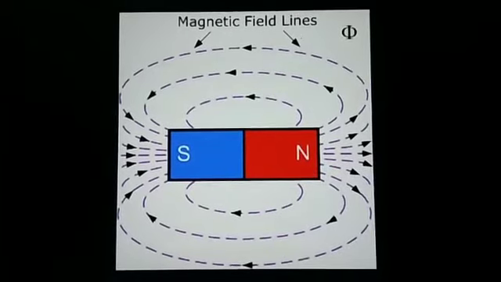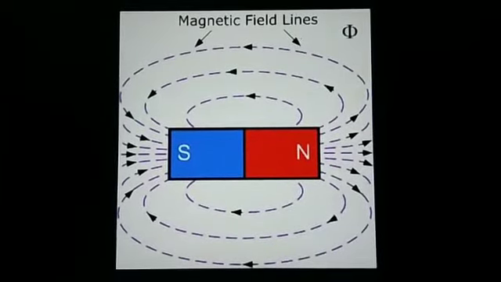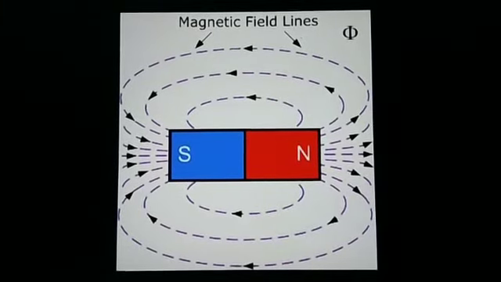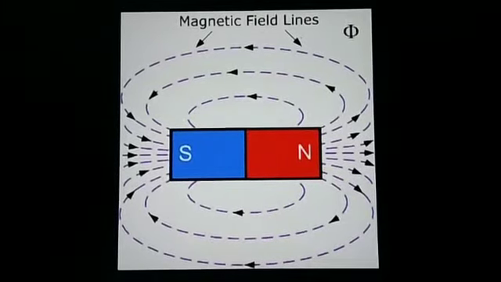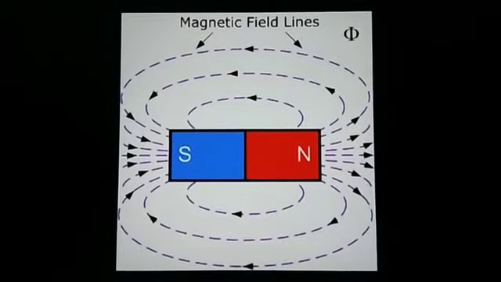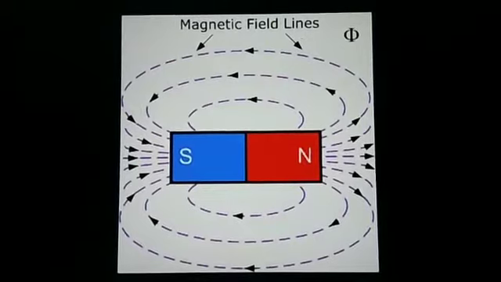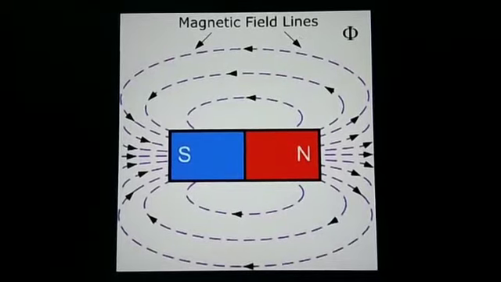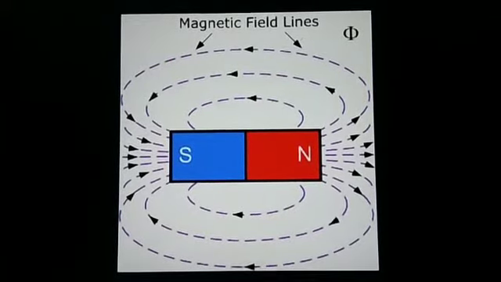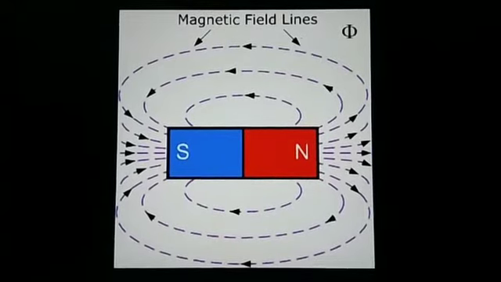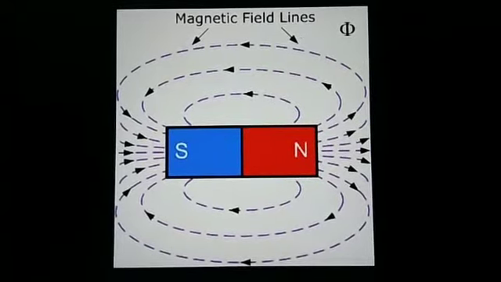Like so, we have to place the magnetic compass close to the north pole of the magnet, then the compass needle comes to rest in a particular direction. That direction goes from north to south. Then again, we repeat this, and the repeated marks and lines that result are called the magnetic field lines.